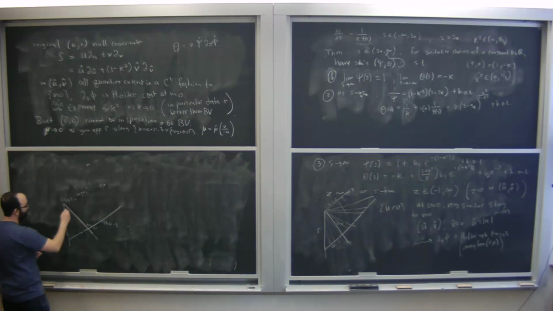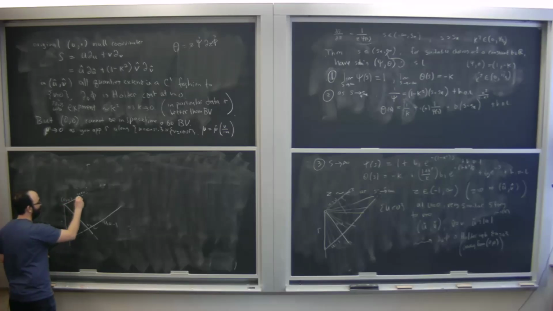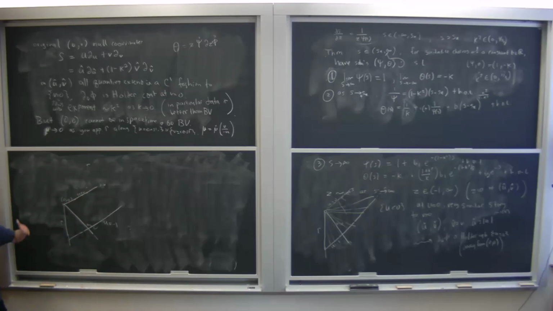All right, so we have this picture. We can even now, if we want, bold that in, because the solution extends to u equals 0. The scalar field's derivative is Holder continuous in the direction du of it. I guess I didn't say, so dv of it will extend smoothly to this, but the normal direction will be Holder.